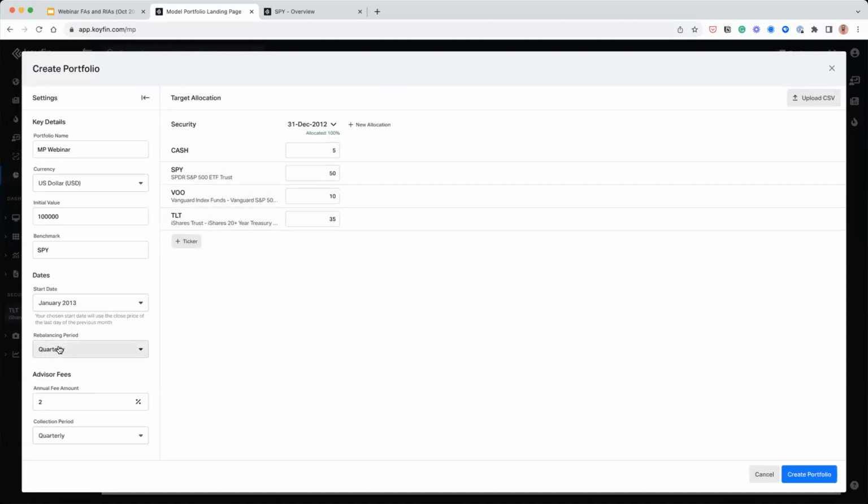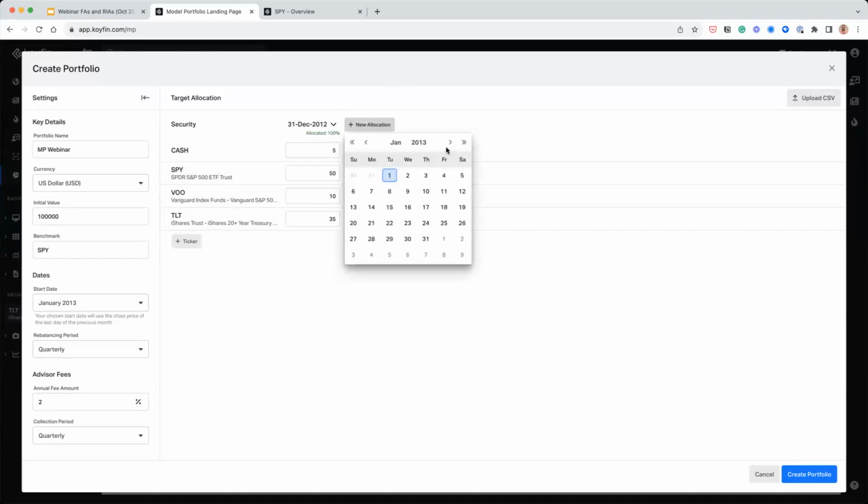They're going to be rebalanced quarterly. And this is explicitly my allocation today. So if I don't change anything, this is saying my allocation on December 31st, 2012 was the following, and then today, at the present moment, it is the following as well. If I wanted to have a rebalance period, so let's say right before